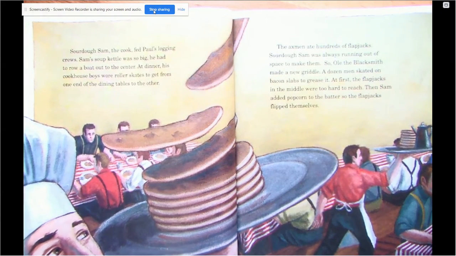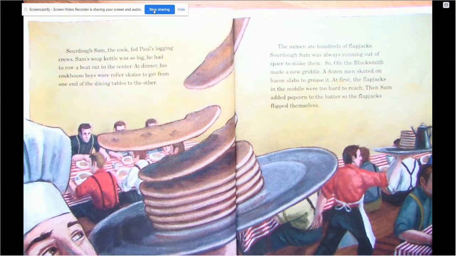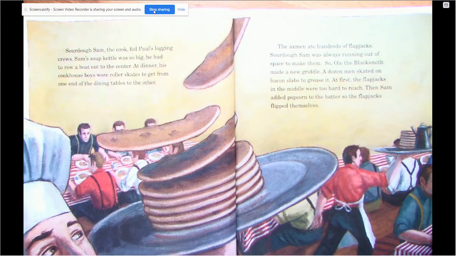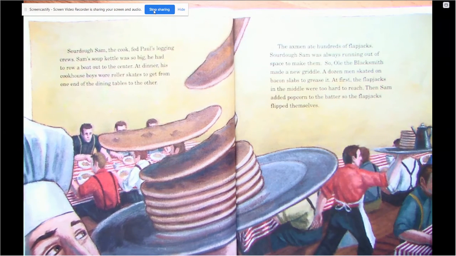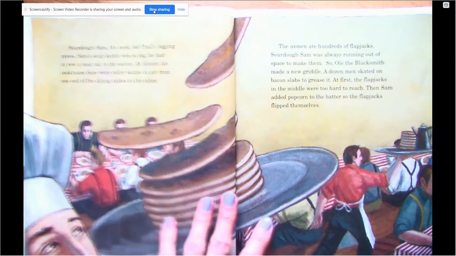We're going to continue for a couple more days with our story, our tall tale on Paul Bunyan. Remember that a tall tale is part of folk tales. So we talked a lot about what those characteristics are on Monday, hopefully, if that's when you did your assignment. Today, this is where we left off the last time.